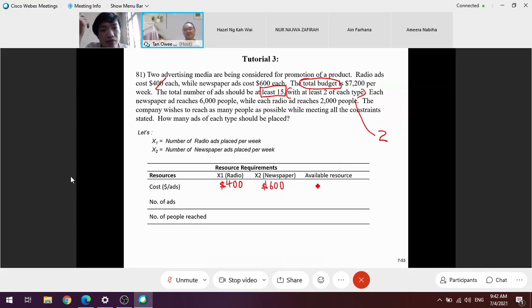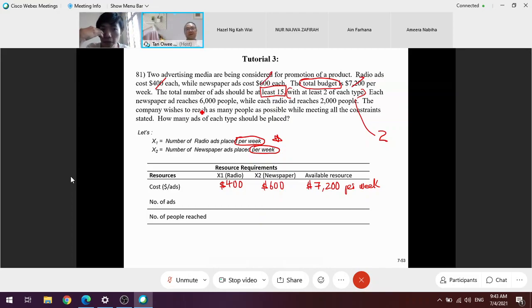I haven't forgotten, I wanted to ask one thing earlier. Per week. Because I see the time is running out, I am a bit rushed. Earlier at the decision variable, same as the case of Hazel, you must put per week. Per week, because the budget is also per week, so you must put per week. If you don't put per week it's not wrong. So this is important also. So I have done this.